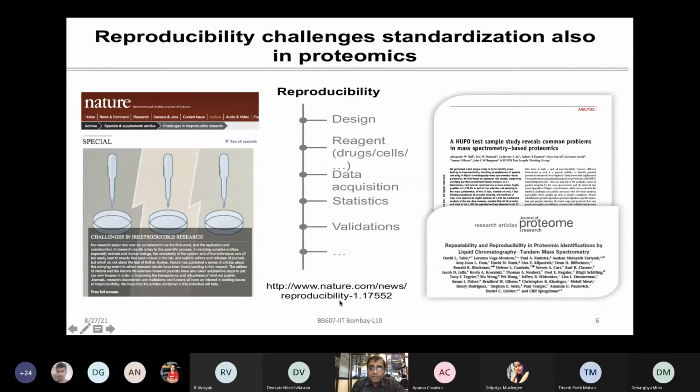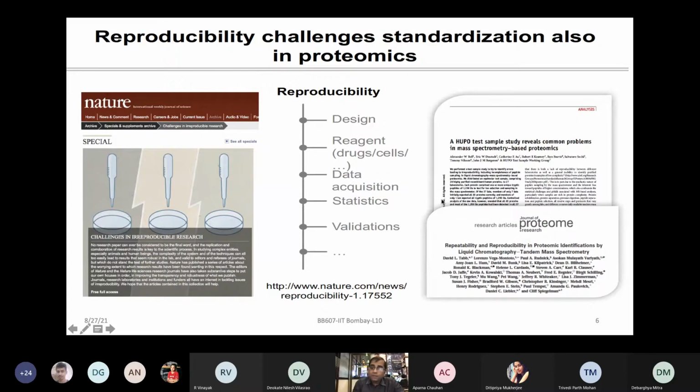This is a good article which you can go through and read. Especially in today's video, you might have seen one of the key scientist experts, Dr. Rudy Aebersold, one of the pioneers in the proteomics field. Of course, he gives a lot of emphasis and ideas on how to make your data more reproducible and what considerations to give. Likewise, we have the Human Proteome Organization, or HUPO, which provides a lot of guidelines, and also sometimes different labs in different parts of the world test a common sample, to see how close and reproducible the data could be.